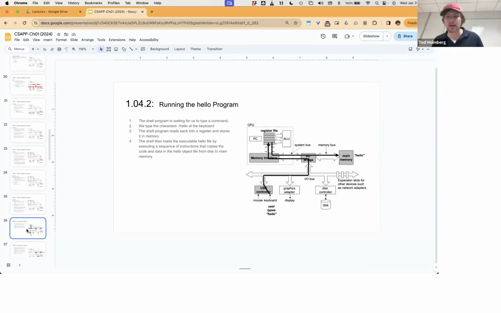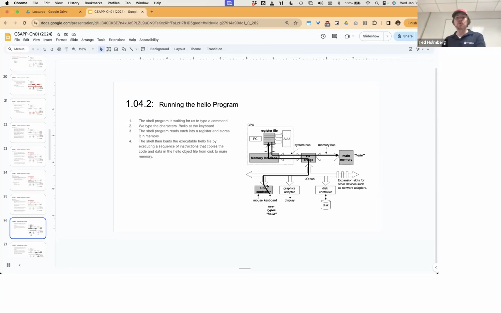So here I have a directed diagram so that you could see our starting point to our ending point, at least from steps 1 through 4. So on step 1, which we're going to say is right here, the shell program is waiting for us to type a command, right? So it's waiting for us to prompt it to do something. So it's looking towards this mouse keyboard